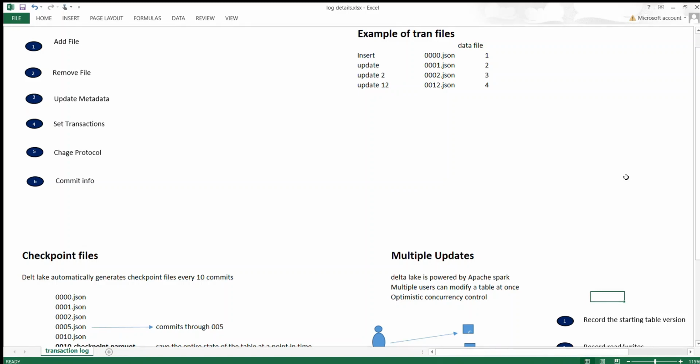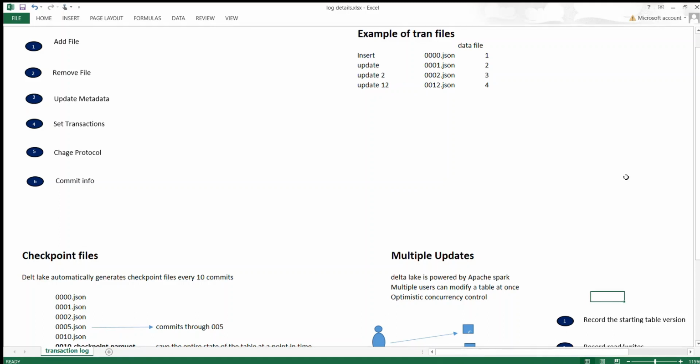When I say remove the previous file, it just removes the association of this data file to the table, right? So instead of modifying the old file, it will